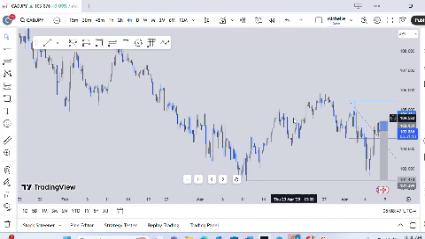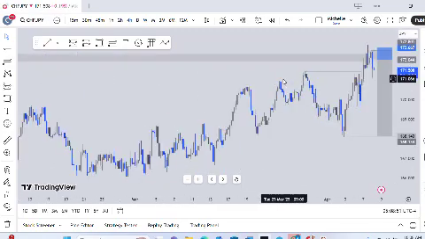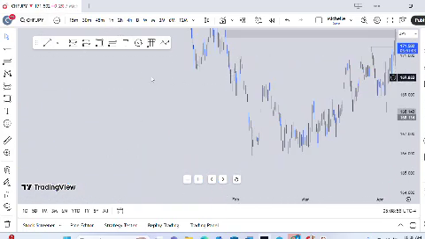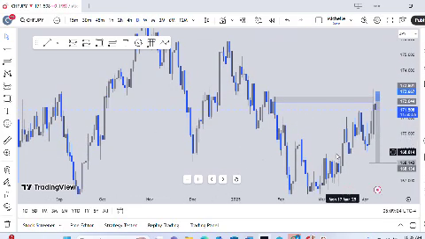I think so. I'm going to be fast because I'm going out. So let me just explain only CAD CHF. So if you go down to your daily time frame, for instance, I'm still going to do a top-down